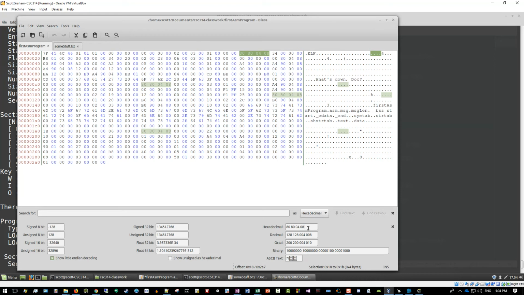What is it showing you down here? It's the bytes starting wherever the cursor is, and you need to make sure you know where the cursor is. Okay, now,